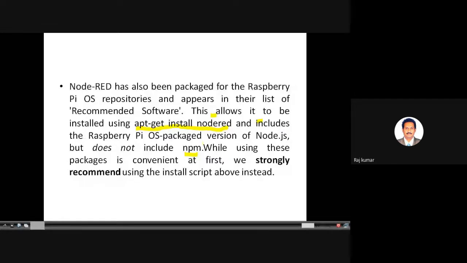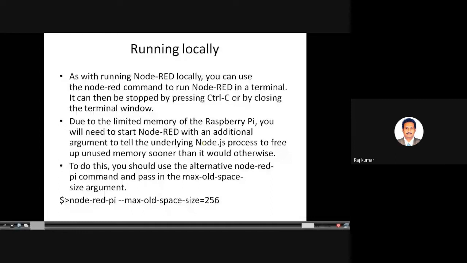Now, once you have installed Node-RED, the next thing is you can run it locally. Sara has shown you in the morning session that Node-RED has been installed on a laptop. If it is connected to the local area network, you can execute in two ways.